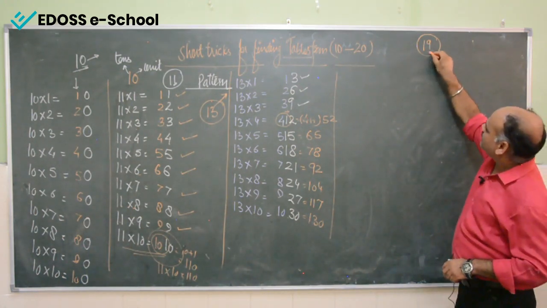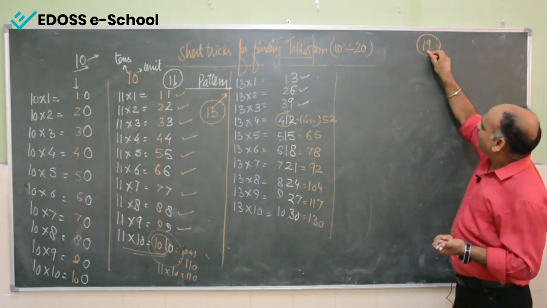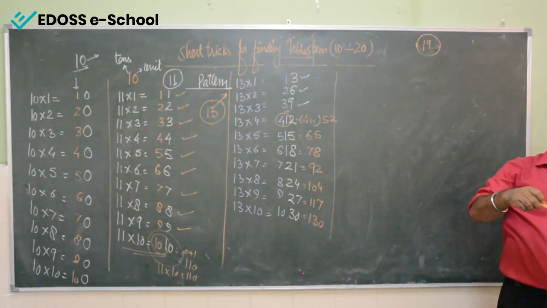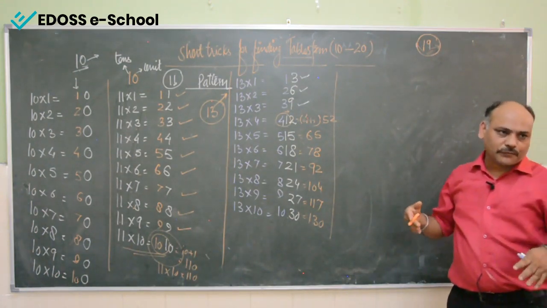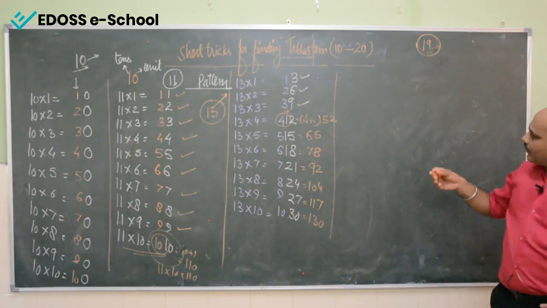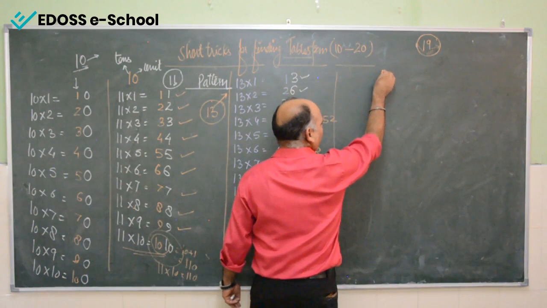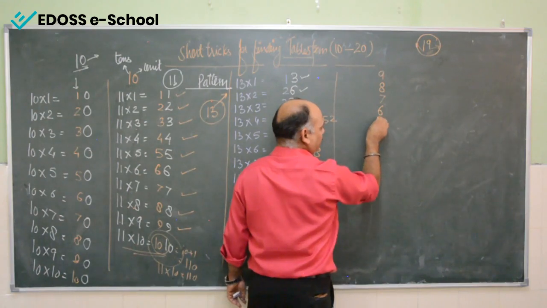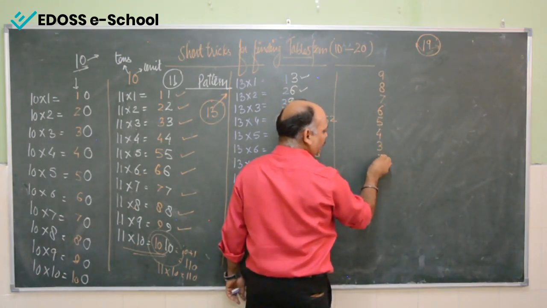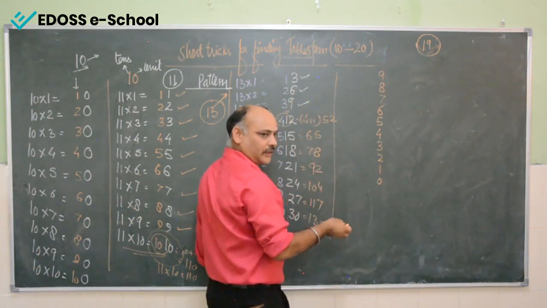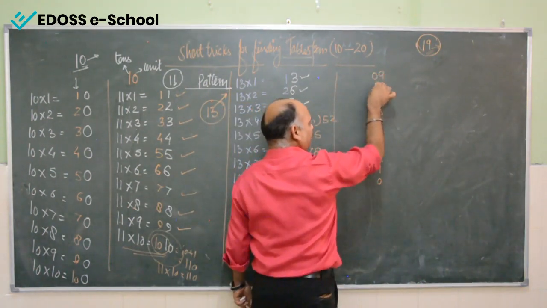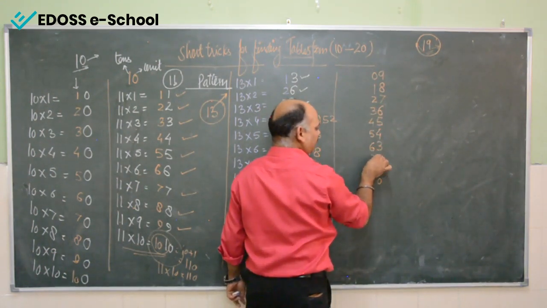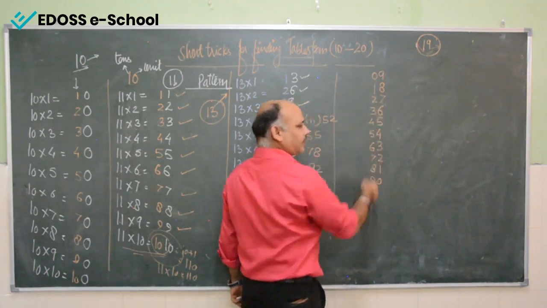The number 19 means the unit digit is equal to 9 and the tens digit equals 1. That means you have to first prepare the table of 9. Okay, if you have not learned the table of 9, it is very simple. The table of 9 can be written as, first you write 9, then you reduce one number each time: 9, 8, 7, 6, 5, 4, 3, 2, 1, 0. Then on the other side, 0, 1, 2, 3, 4, 5, 6, 7, 8, 9. This is the table of 9.